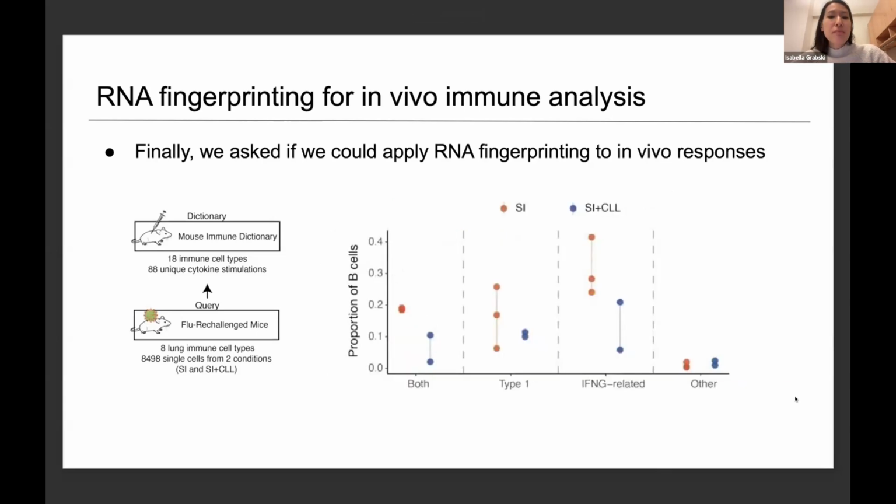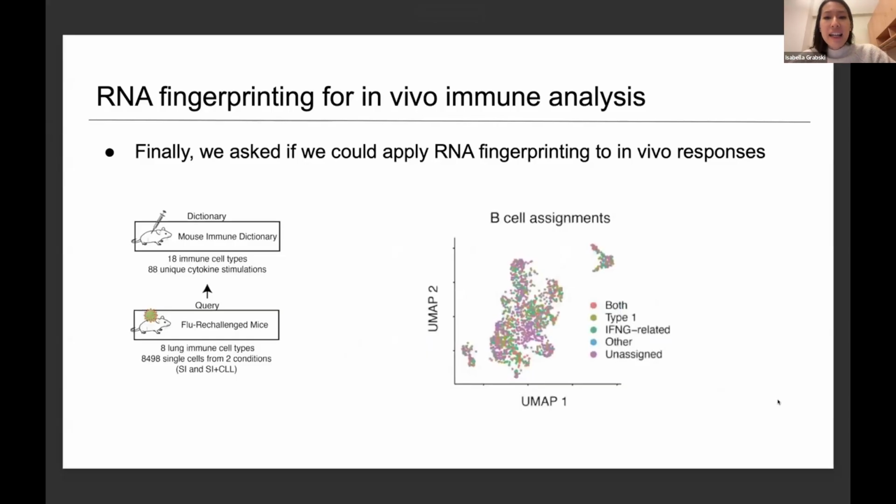We then compared the proportions of B cells exhibiting each type of response across different mice. And what was interesting is the macrophage-depleted mice in blue showed lower B cells responding to interferon gamma, as well as to both types of responses. While of course the sample size here is too small to make any meaningful conclusions, the original study had actually independently and experimentally found a role for interferon gamma in this B cell migration, consistent with what we're seeing here. And so speculatively, we might hypothesize whether the macrophages are actually required for this interferon gamma response, and then subsequently the B cell migration.